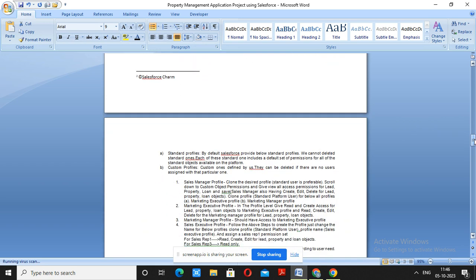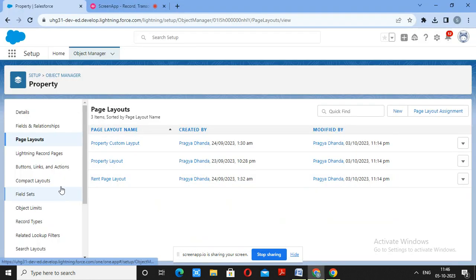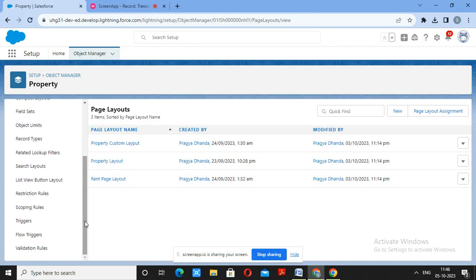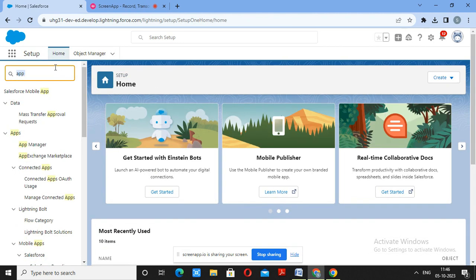There are two kinds of profile, standard and custom profile. By default, Salesforce provides license for two profiles in the developer edition. So here we are creating four profiles: sales manager profile, marketing executive profile, marketing manager profile, and sales executive profile, with all the required permission sets we're going to use. I have created it. I'll show you. Go to the home. Here select profile. If you come under user tab,